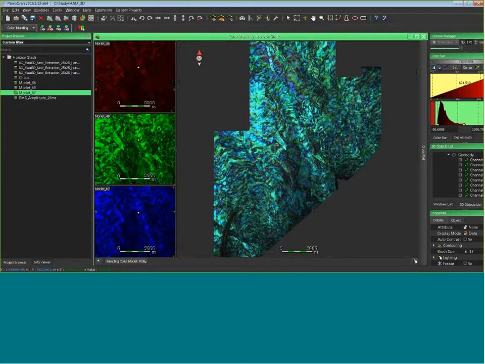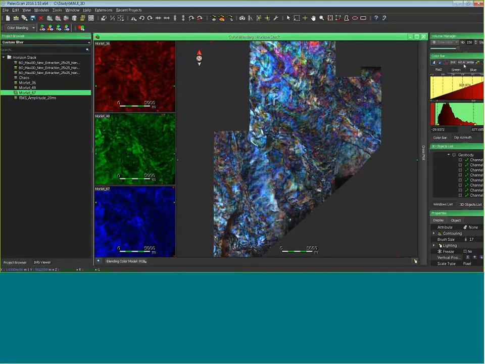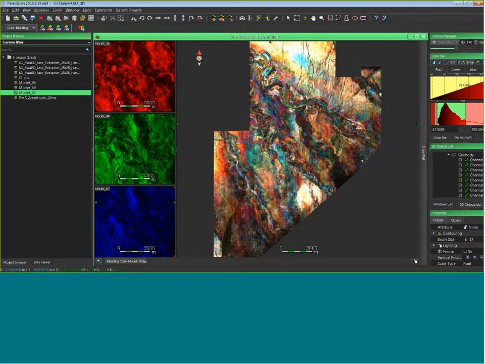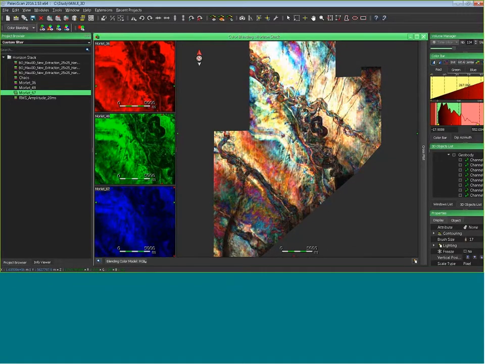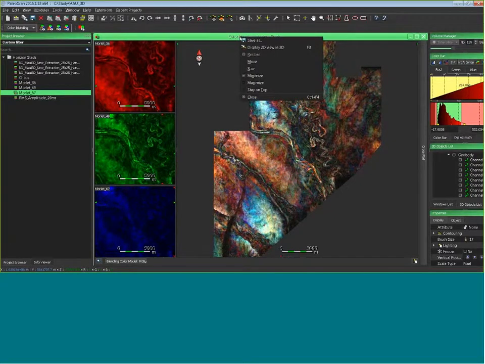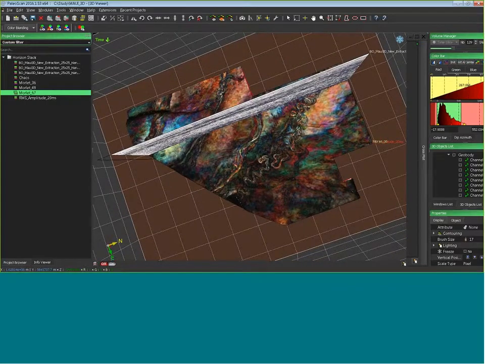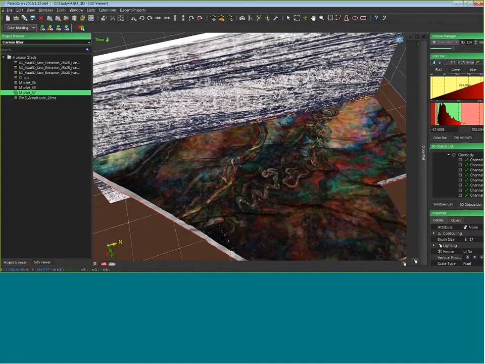On the current release of PaleoScan, if you want to init the color bar of the color blending, you have to click on each channel one by one. On the new one, you just have to click on the main one, and you have an init all button just to init the 3 channels at the same time. And like this, you can navigate into your horizons. And of course, like the current release of PaleoScan, if you want, you can display your horizon stack into the 3D viewer.